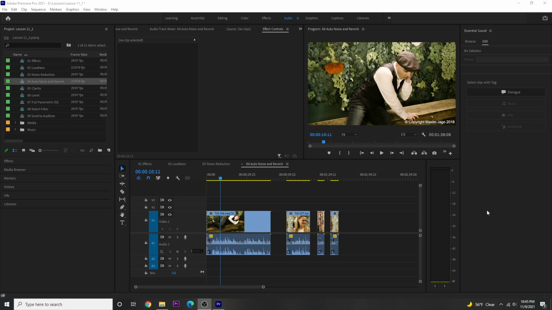Okay, continuing on with lesson 11, we are going to open up 04 auto noise and reverb sequence, and that will provide this sequence. Go ahead and play through it before you start doing anything and listen to your 4 clips. You'll notice that the sequence suffers from background noise and reverb, and when you are done playing through it, highlight